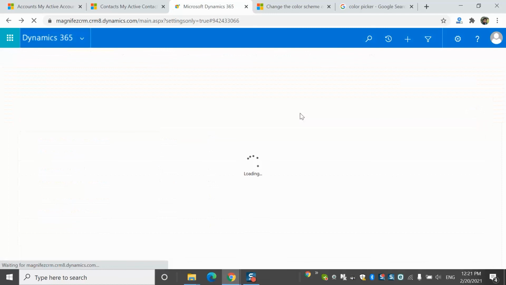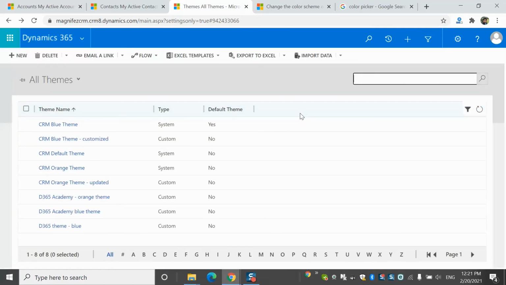So what I just showed you is we can create a theme from scratch just by entering the details from scratch and uploading the logo and so on. Or if you slightly want to make changes to your existing one, definitely the system theme cannot be updated at all. So what you can do is clone them, then slightly make the changes to the existing one, and then publish it. As I already mentioned, you always have the option to just preview the theme and then you can make the changes if you need. That is always there.